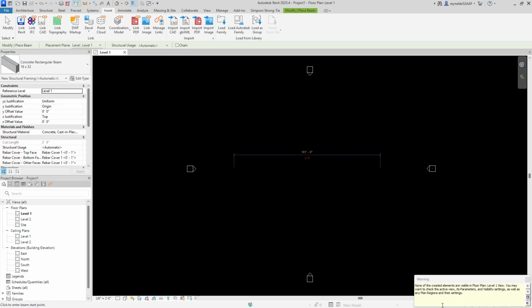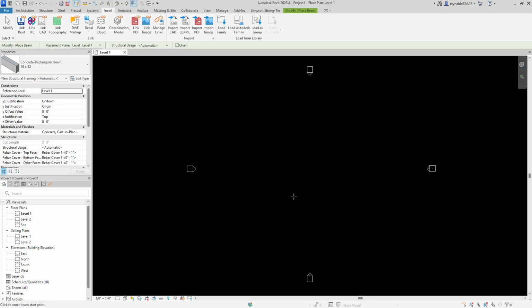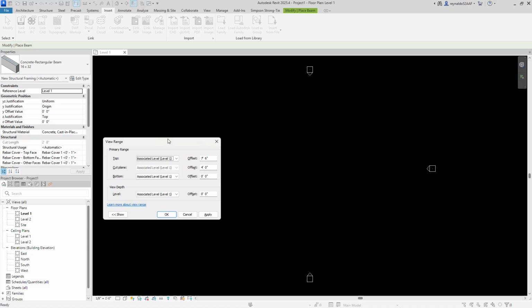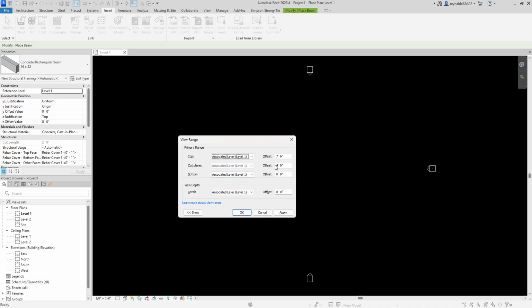Now you might get this pop-up window. If you get this, that means that you gotta adjust. You can hit escape once. That means you gotta adjust your view range. So type in VR, and then as you can see, my cut plane is above the first level